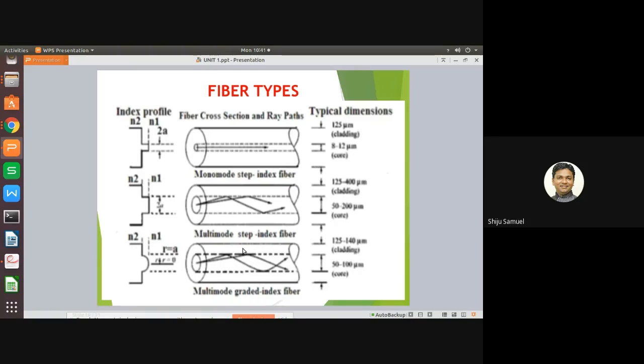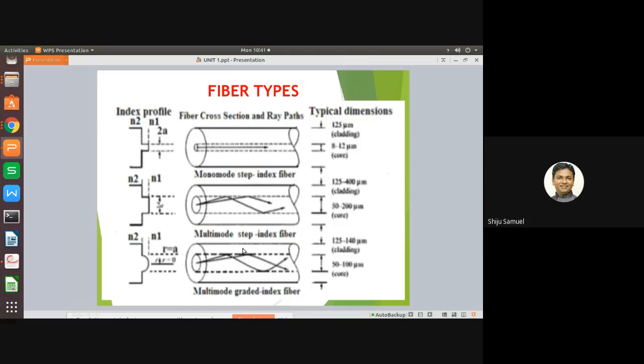Okay, so now you understood the concept of what is the definition of step index fiber. In simple definition we can state what is meant by step index fiber: the optical fiber consisting of a core of constant refractive index n1, and a cladding of a slightly lower refractive index n2, is known as the step index fiber. So this is the concept of step index fiber, or we can say another name is single mode step index fiber, or mono mode step index fiber.